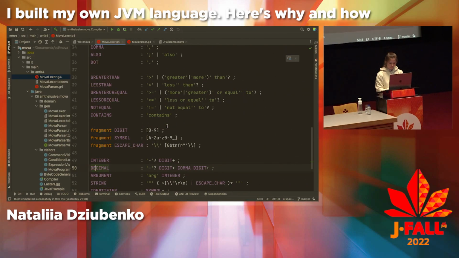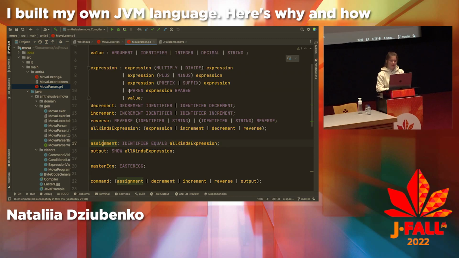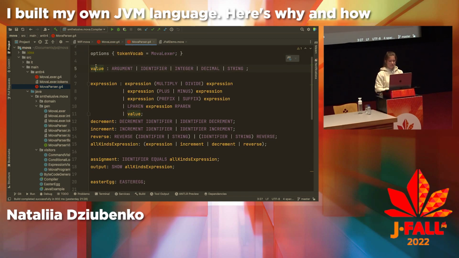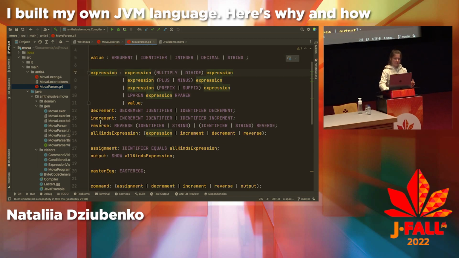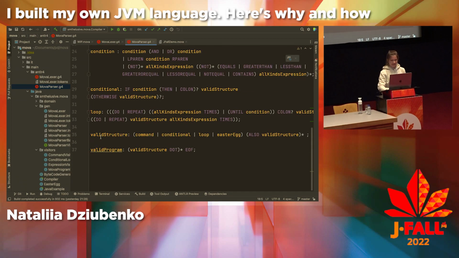So you can have recursion as well, and in parser rules, I'm using that recursion a lot. Let me show you. So this is my parser rules. Here I'm using the lexer rules that I have defined in another file, and then I have a rule for each thing. So for expression, for assigning a value to a variable, for outputting things, and then I have the main, the whole program rule that will then contain multiple valid structures, and I match